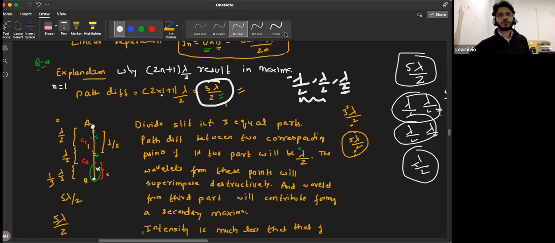Sir, I understood your explanation, but there's a doubt in understanding the question. Okay, the question simply says if you have path differences 2n plus 1 lambda by 2,